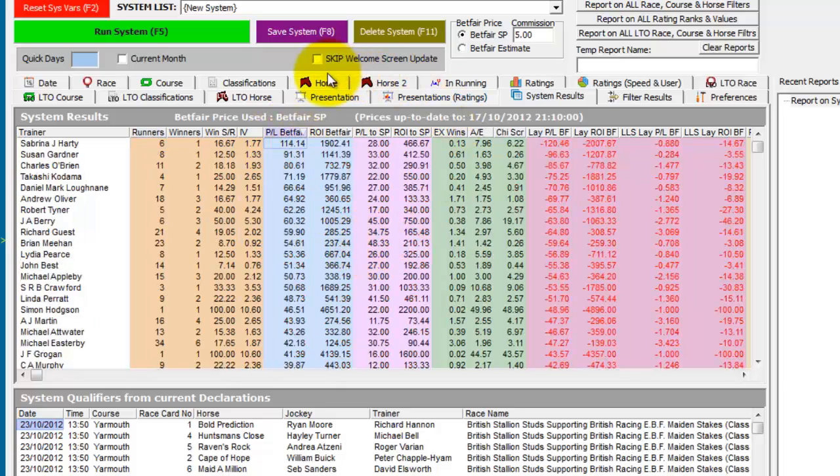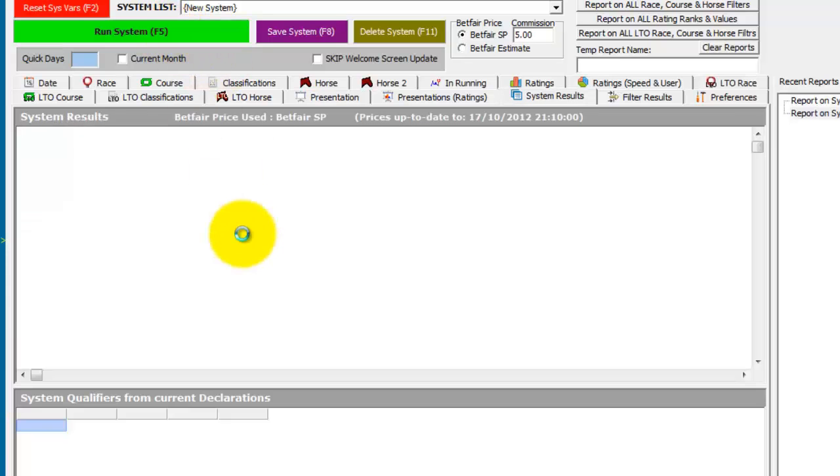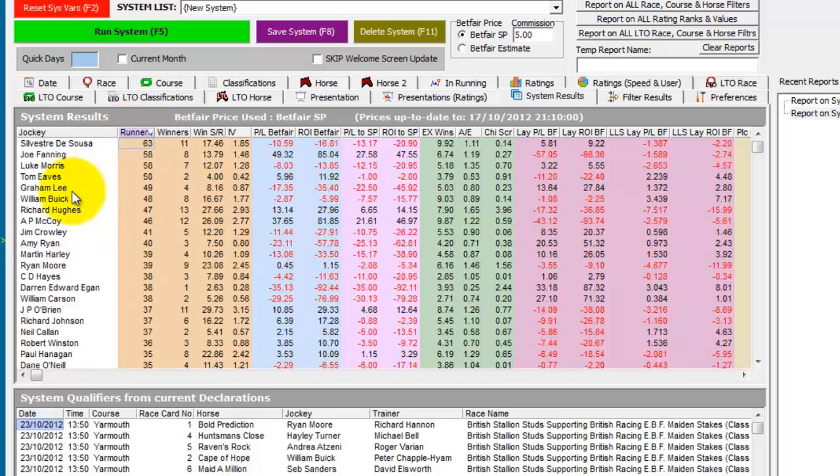So we'll do the same again for jockeys. So back to the presentation tab, by jockey, run system, and the jockeys appear in alphabetical order again. So we'll sort by runners,